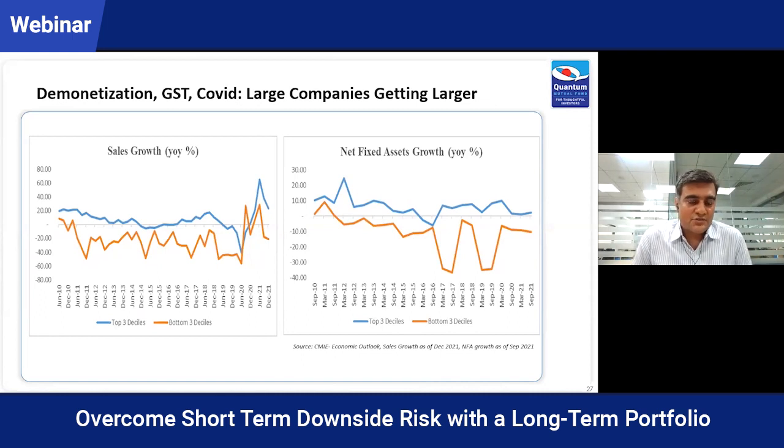So if you look at this chart on the left-hand side, this is the sales growth of the top 30% corporates in India, where they are growing now at close to 20% YOY, last reported quarter in December, for which we have the data. And the bottom 30% of the corporates are still degrowing. And this has been the story for long. So the events like demonetization, which was more of a man-made event, then GST, then came the IL&FS crisis, then came COVID and the ensuing lockdowns, and now the war.